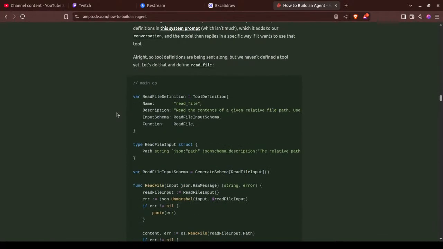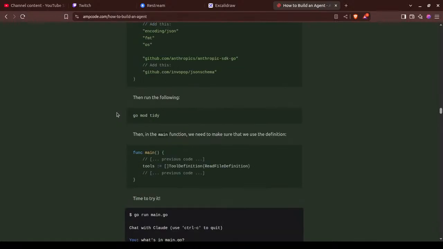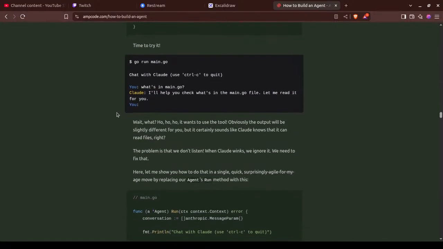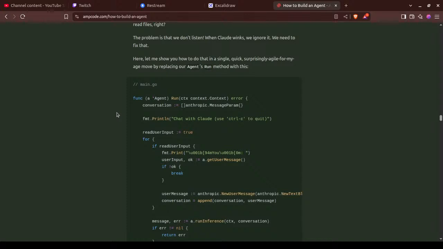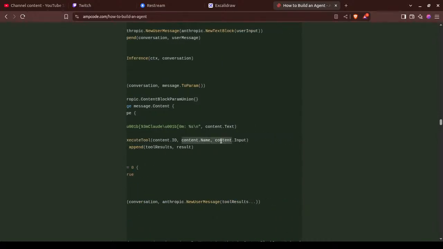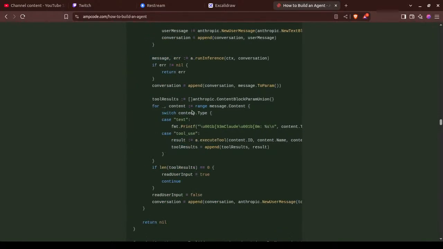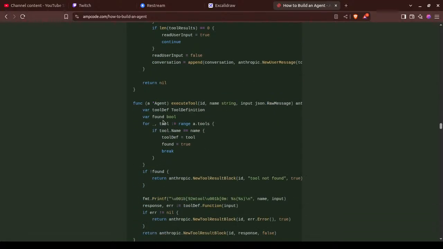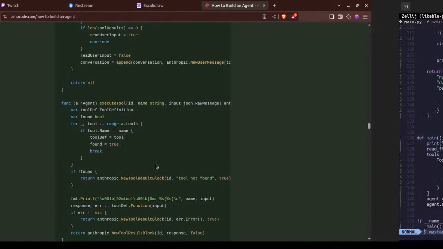Yeah, it is. So how does it know which tool to call? So execute tool, content name and content input. So this execute tool is what handles that. Yeah, it has to go through the tool loop.